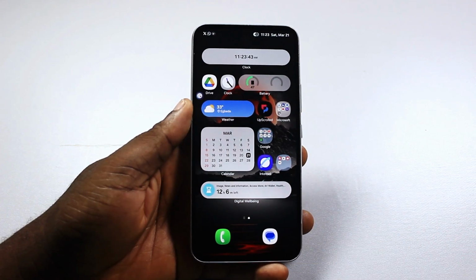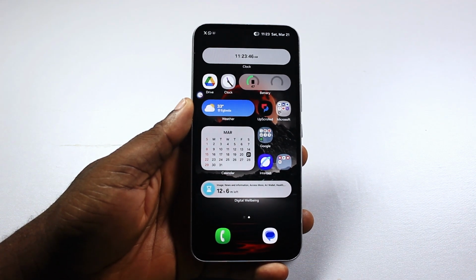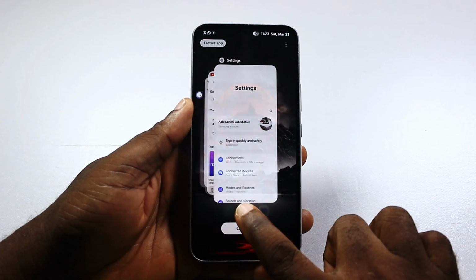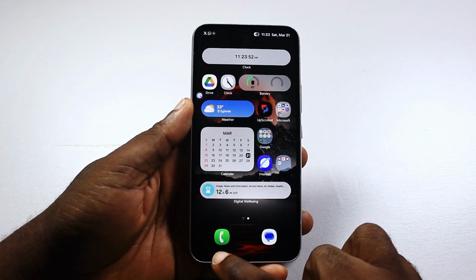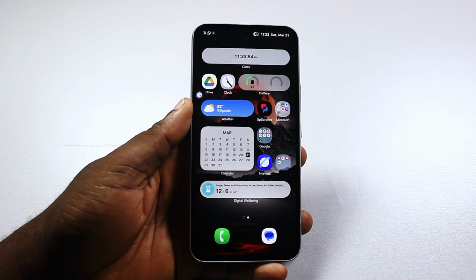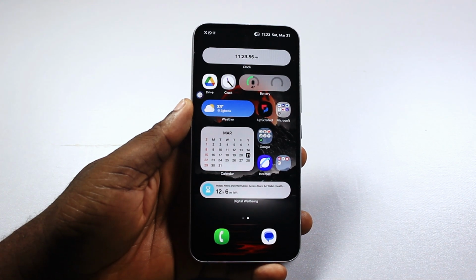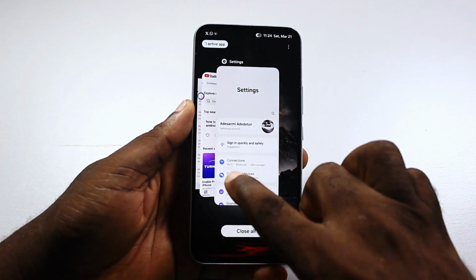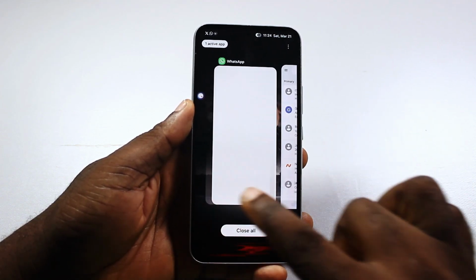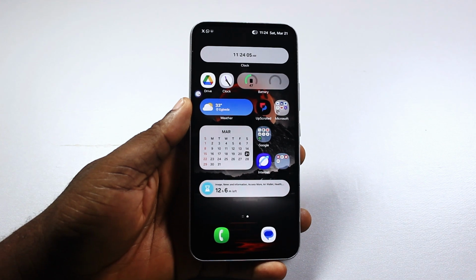Now, to access all your recently opened applications, you simply need to open them by swiping up like this. Unlike buttons, where you need to click on the recent applications button at the bottom left, while using swipe gestures on your Android, what you just need to do is swipe up from the bottom of the screen and you have access to all opened applications like this. So that is the basics of using swipe